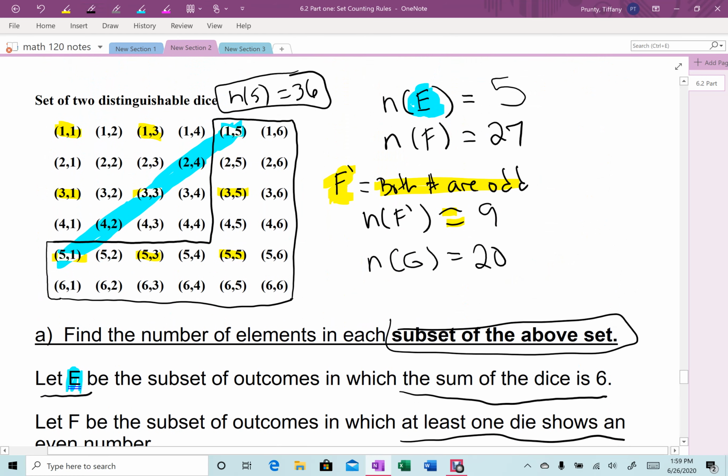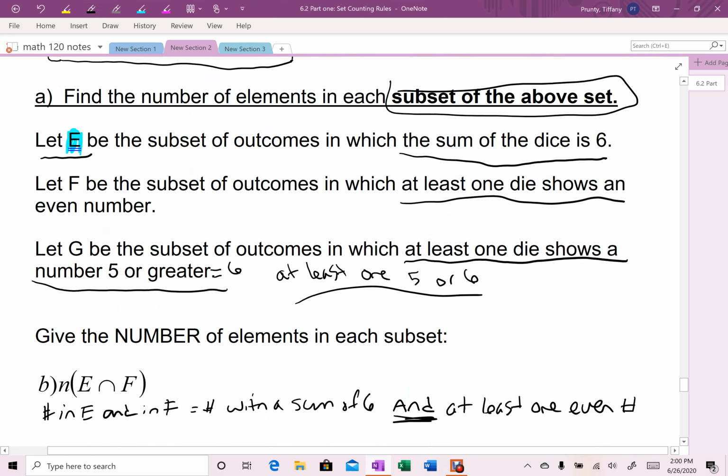E is the one I've highlighted here in blue. There were 5 outcomes. F, remember, is at least one even number. And so if I look at the blue set, there's only 2 outcomes in the blue set in E where I have even numbers, right? The 4, 2 and the 2, 4. The rest of them are the odd cases, the not in F cases. And so there's only 2. The answer is 2. There are 2 possibilities